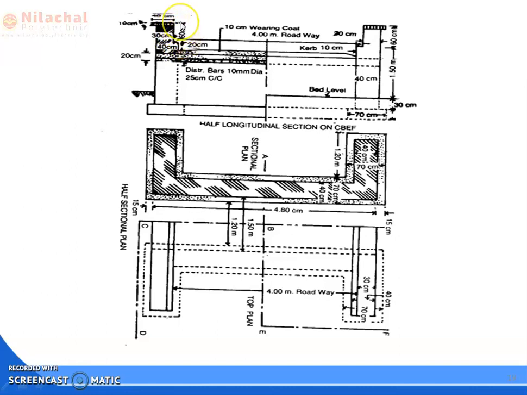Total 60 including coping. Then we subtract the value of coping 10 centimeter. Then we get the 30 centimeter wall height. How much? 50 centimeter. Then 50 centimeter plus 30 centimeter wall height. Then plus 10 centimeter for what? For offset of wall. Then 20 centimeter height. Then we get the total height of the inner side of parapet. It is the inner side of parapet.